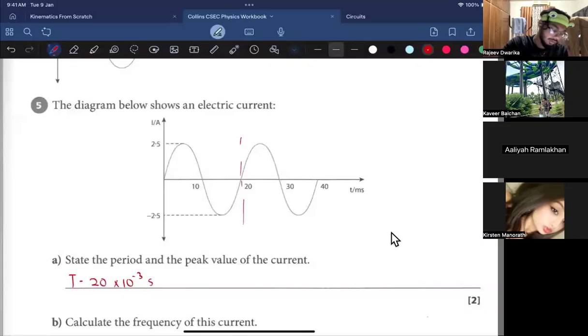All right, so that's the period and the peak, right? So peak is equal to 2.5. You need to put the units, 2.5 amps. Yeah. So if I want to copy down the graph really fast,